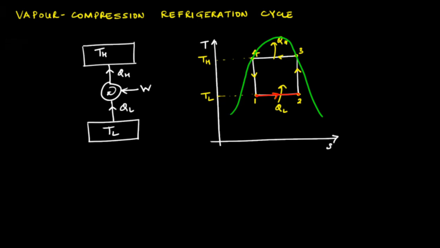Similarly, heat rejection, that is from state 3 to state 4, takes place during the condensation of the saturated vapor at state 3 to a saturated liquid, and this takes place at higher pressure because the line 3 to 4 is an isobar and also an isotherm within the liquid vapor region, and the pressure for process 3 to 4 remains the same, and that is